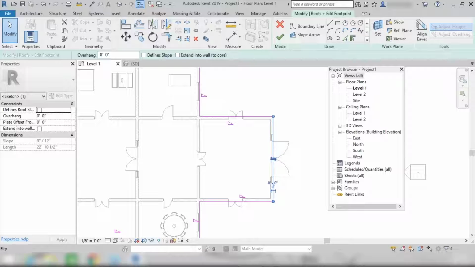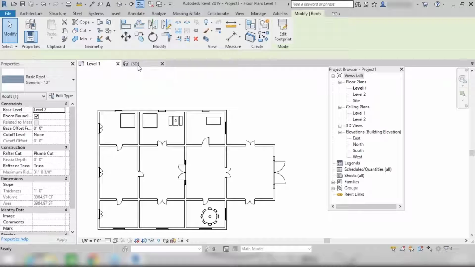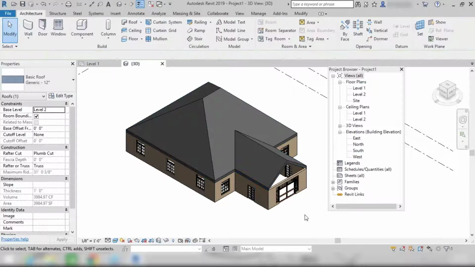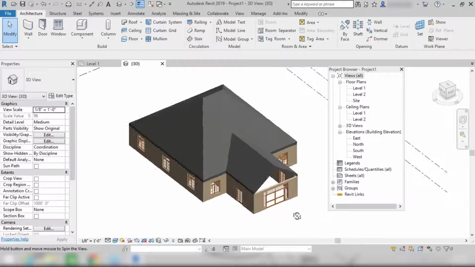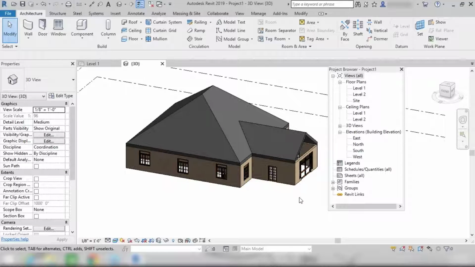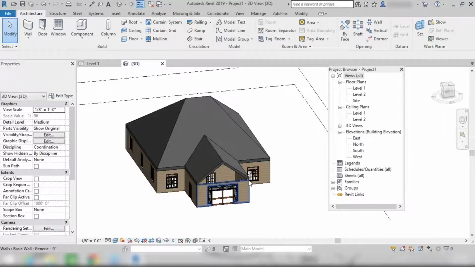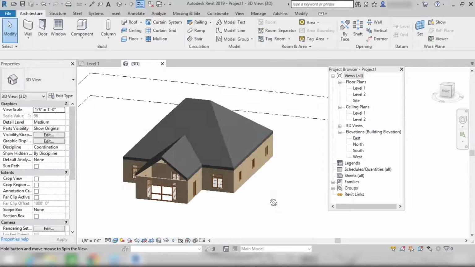So for this particular side, there will not be any slope, right? So let's click on this finish button one more time and switch to the 3D view. It will appear like this, right? Here you can see we have removed the slope from this front part. Clear?